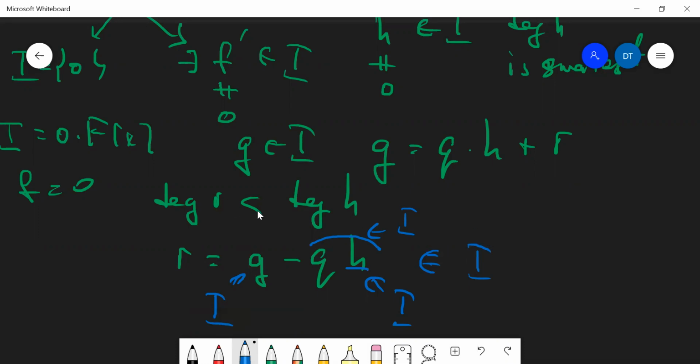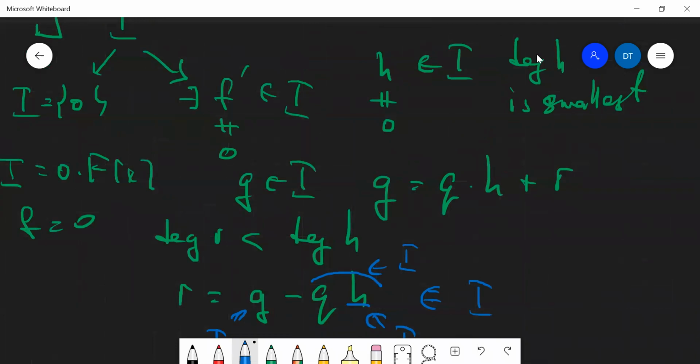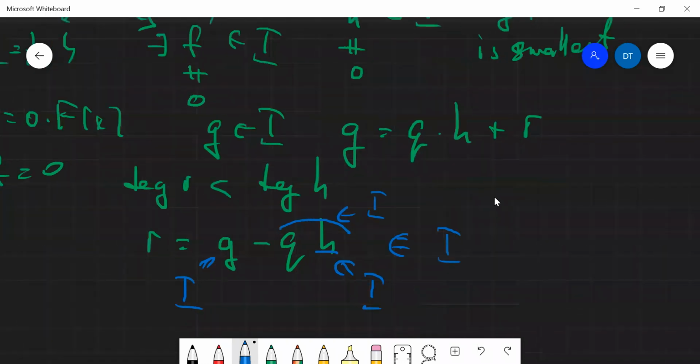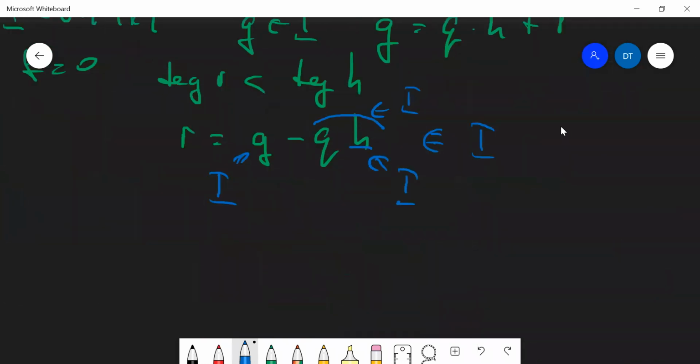It has smaller degree than the polynomial H, but H was a polynomial in the ideal, a non-zero polynomial in the ideal I with the smallest possible degree. So if R has smaller degree and is also inside the ideal, the only option here is that R must be 0. So just by definition of H,